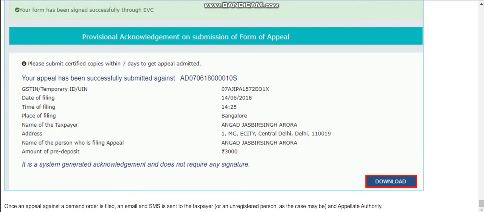After issuing APL02, if there is any notice or hearing, then the officer can issue a notice to you. You will get proper intimation on mobile and email ID. On the basis of his notice, you can provide the reply. And if the reply is satisfactory, then the officer will issue APL04. That is the appeal order.